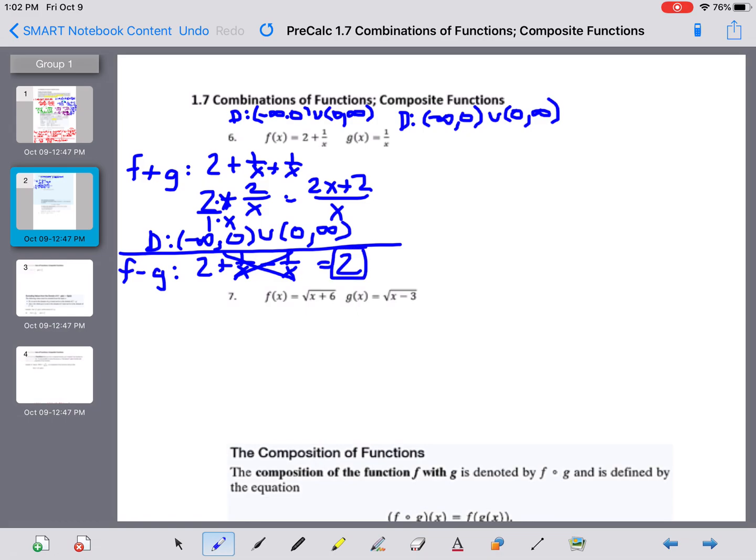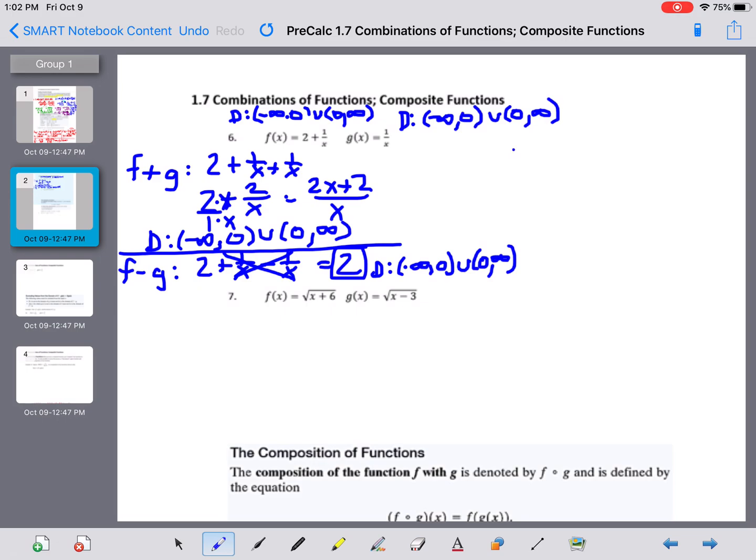2 is my answer. However, be careful, because the domain does not come from your final answer all the time, though you always check to see if there's a new domain restriction, but it always goes back to your original. So even though my answer is 2, my domain here is still negative infinity to 0 in union with 0 to infinity. Even though I don't even have an x value left, I still have to start and use my original domains,